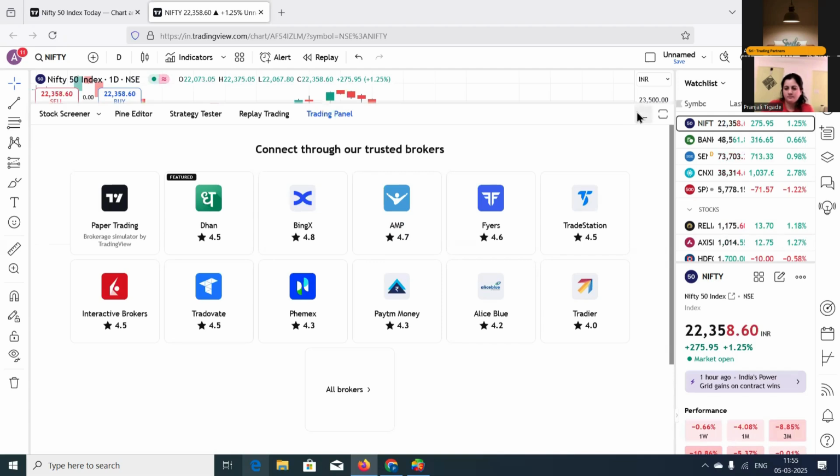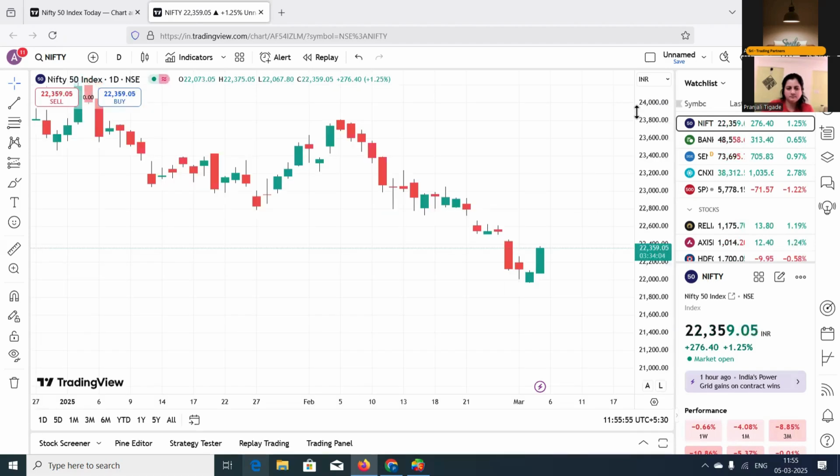Okay, so the next question that we have is how to select candles in TradingView, and what are line, bar, and candlestick candles? Yes. Here we have the option in the title bar. You can hover over it and you will see the candle. This is the default display. The default display of the chart is candlestick.